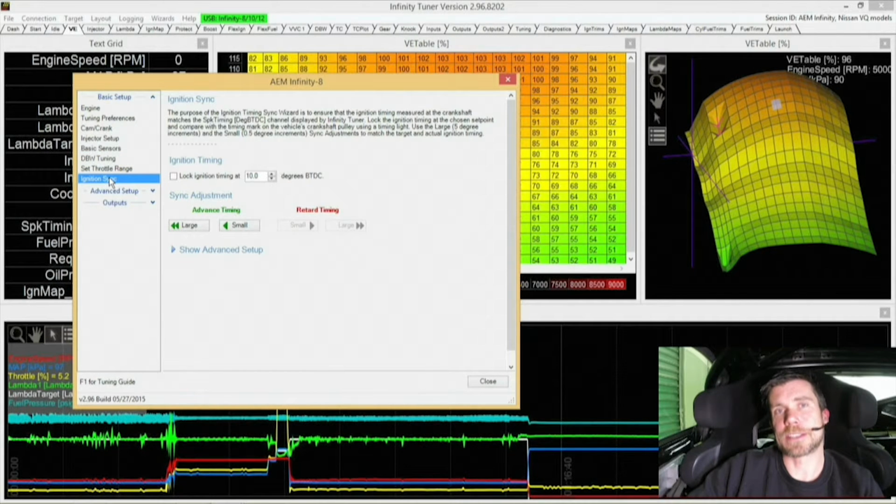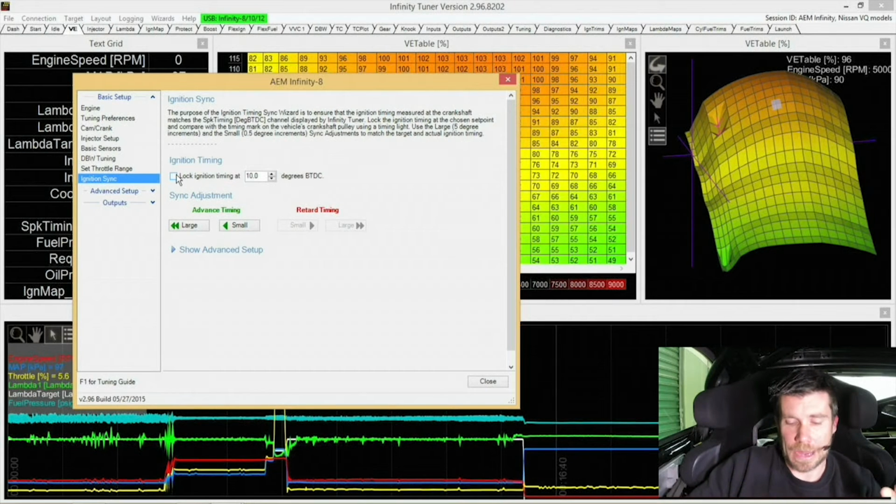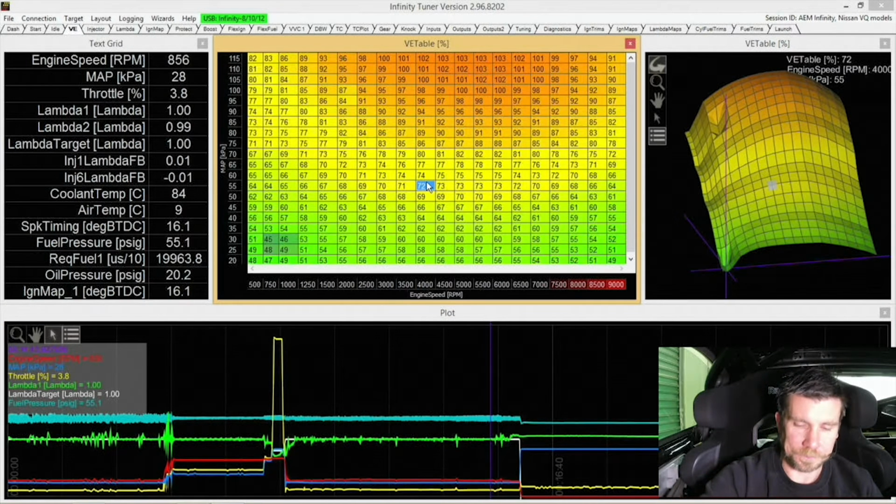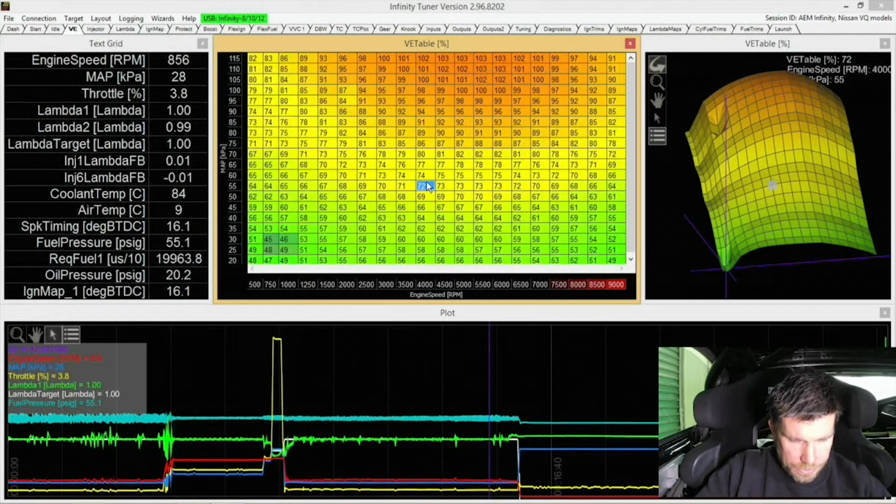And I discussed briefly the ignition synchronization, which we can do here. So in this screen, what we can do is lock our ignition timing, and then using a timing light, we can adjust the offset so that the timing we see on the laptop is correct. So that takes care of our basic setup, and that's really all we should need to do to get our engine up and running. What I'll do is I'll just start it now, and we'll just go to some live